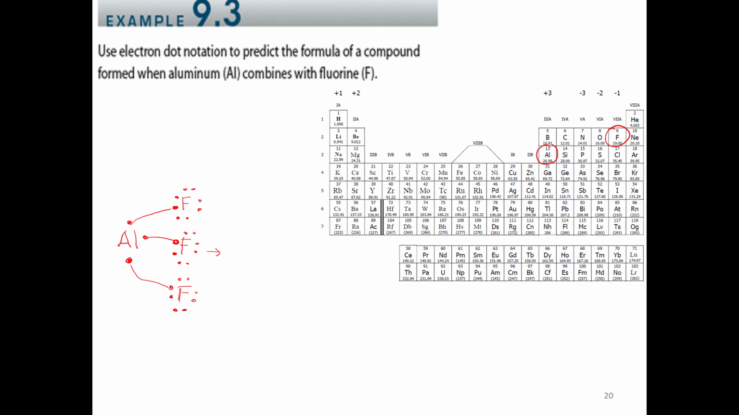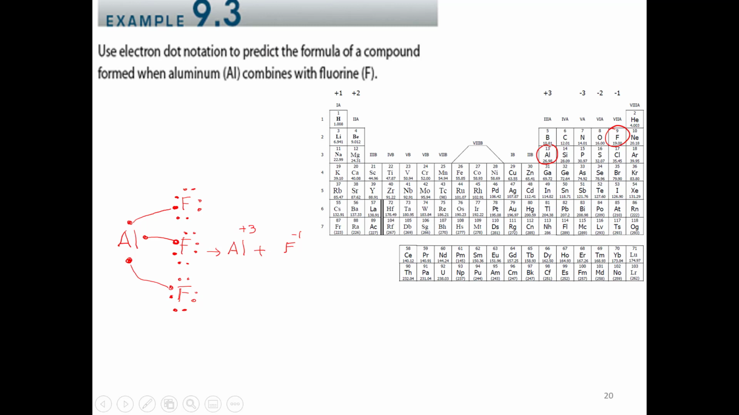Yes, aluminum loses 3 electrons, then became +3, and this is what we had here. Yes, +3, this is what we expected. We had +3 here, plus fluorine, and each fluorine now is -1, because it gains 1 electron. Yes, it's -1, -1, -1. But now we have three